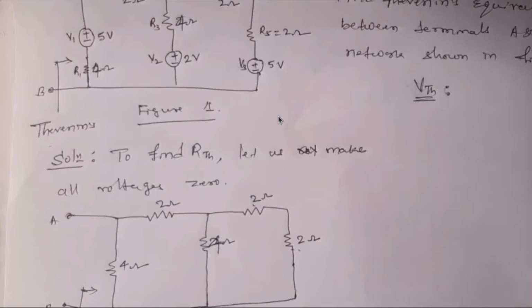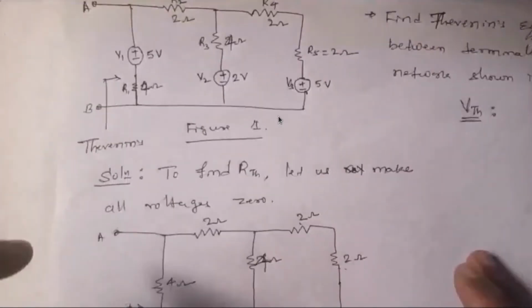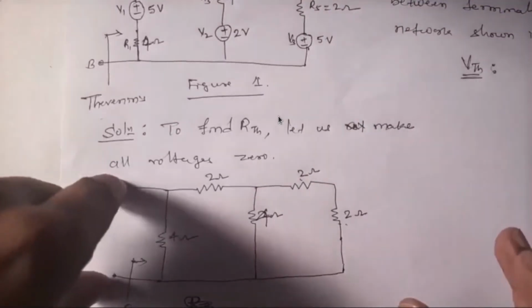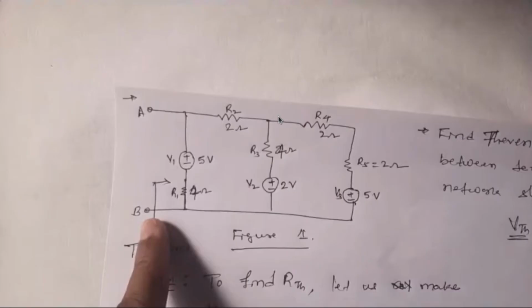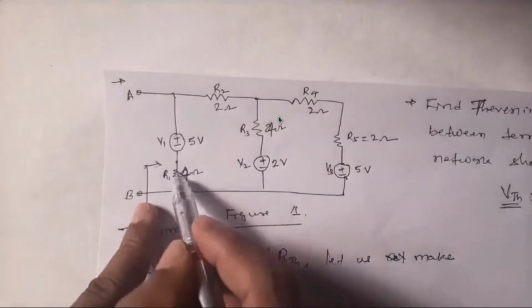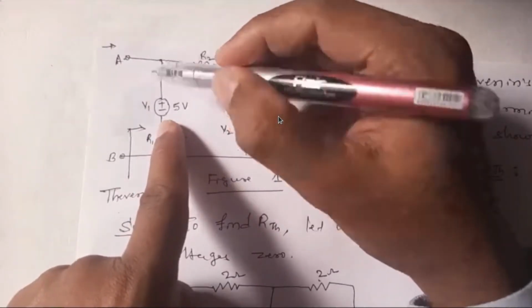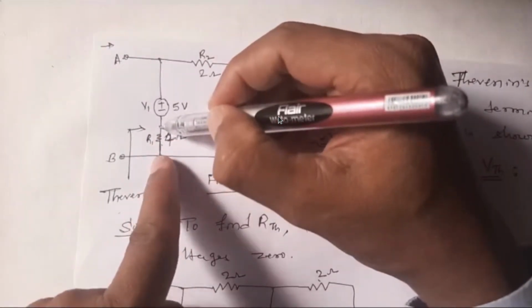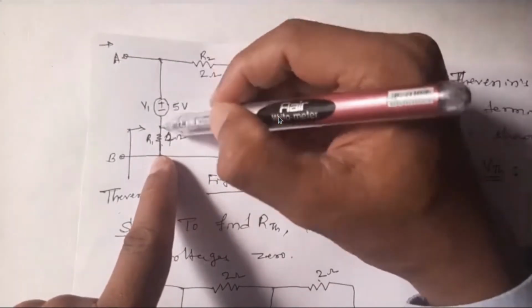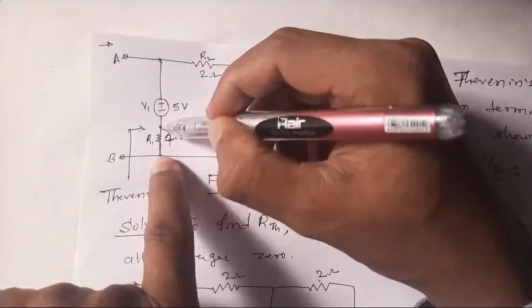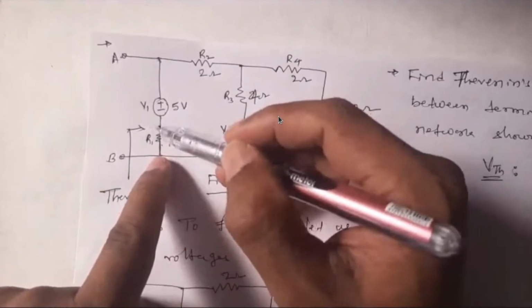Now to find VTH. Once you find RTH, how can you find VTH? Look at this. VTH is the open circuit voltage, meaning the voltage that you are supposed to find between these two terminals. And if you see here, you have a 4 ohm. Already I know the voltage here. It is V1. And if I find the voltage across R1, don't I get VTH? Because VTH is the sum of these two voltages. One is already V1 and another one is this R1. Later we'll find how to find the voltage across this R1.